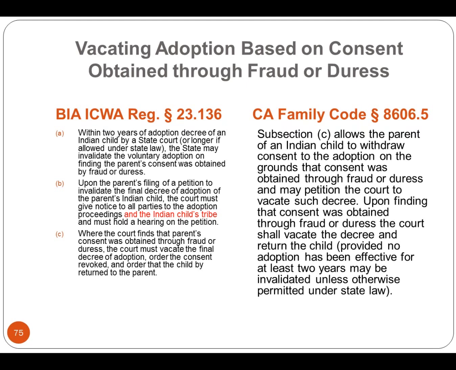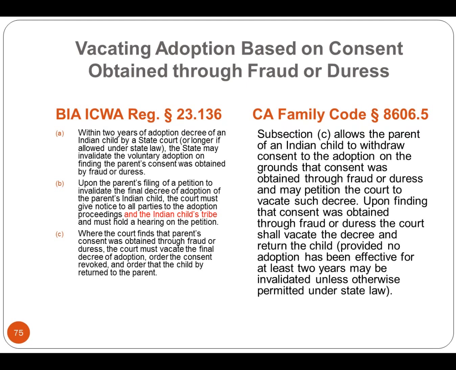Now, California Family Code Section 8606.5, subsection C, allows the parent of an Indian child to withdraw consent if that consent was obtained through fraud or duress. He or she may petition the court to vacate the decree. Upon finding that consent was obtained through fraud or duress, the court shall vacate the decree and return the child,